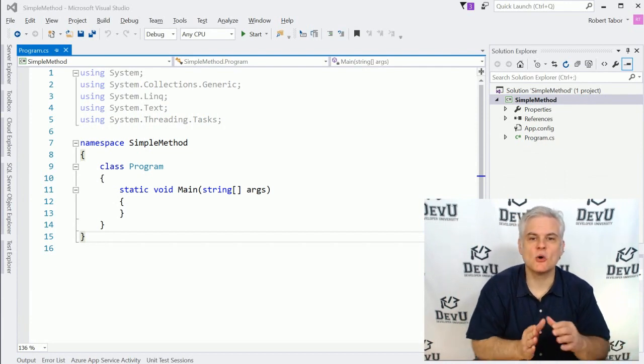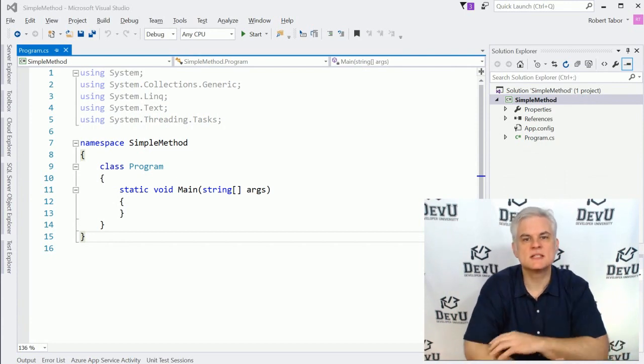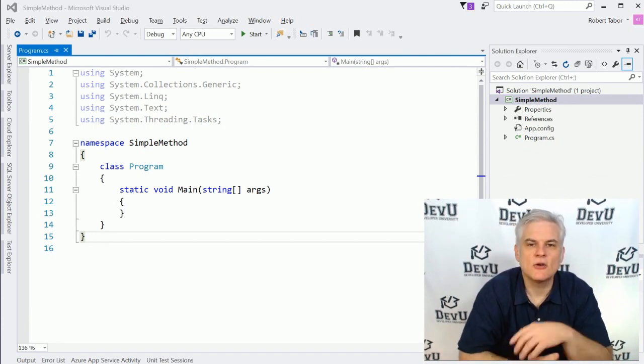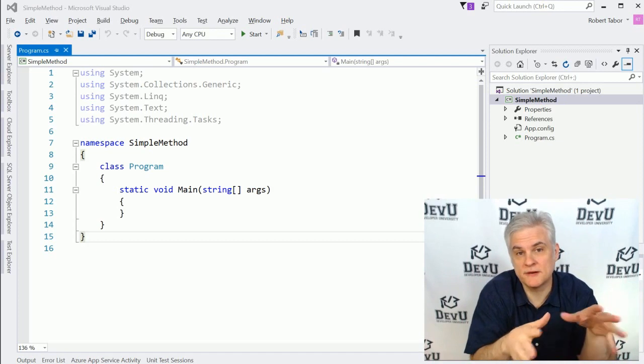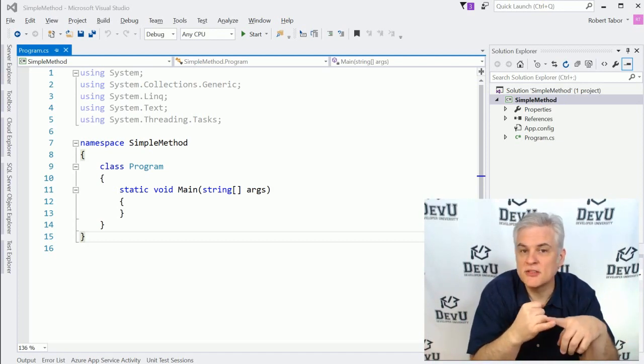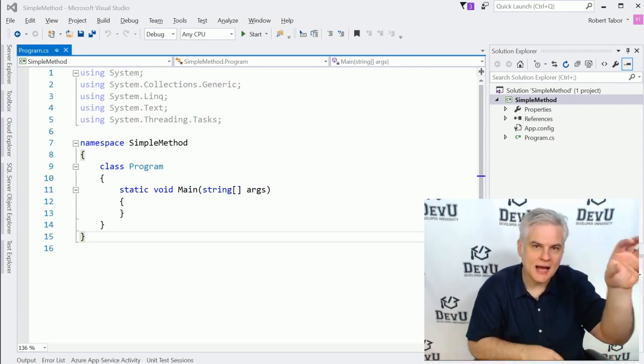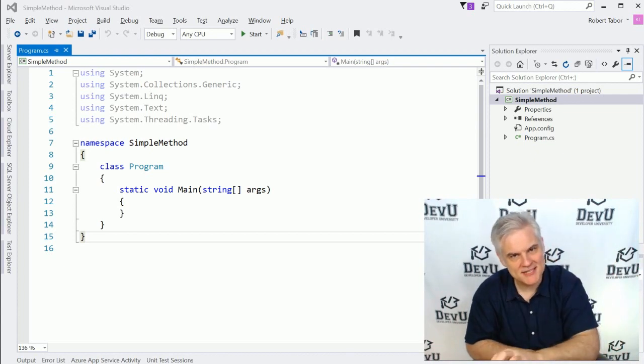In this lesson, I want to show how to create and how to then call simple methods. Now, creating methods is going to help us with a number of different things as we write more interesting applications. Methods are going to help us organize our code better. They're going to eliminate duplicate code and the need to copy something we did earlier and paste it later in